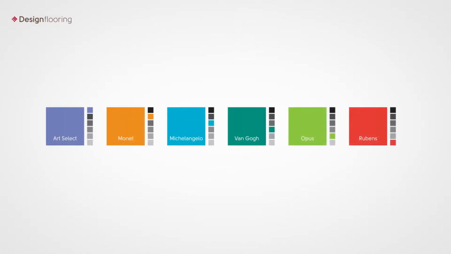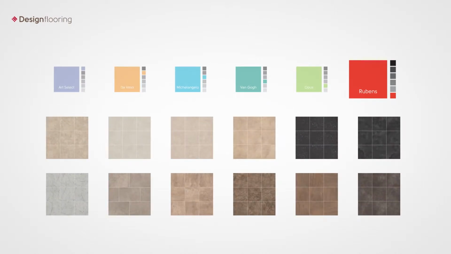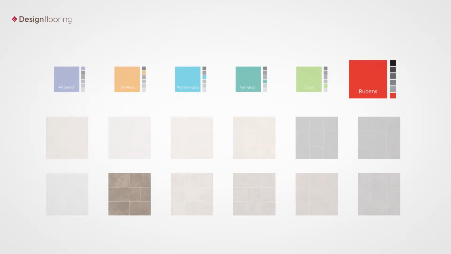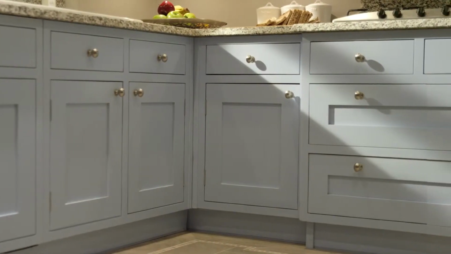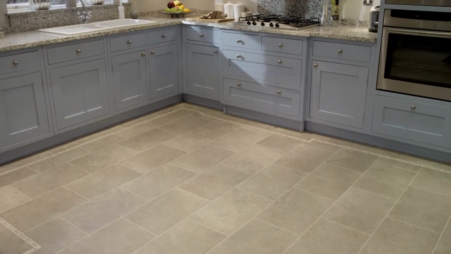Next, we needed to pick our main floor tile for this kitchen, and we decided on a mid-gray. Looking at all the ranges available, we chose Rubens, which has a wide variety of stone options. We decided on Rubens Portland stone because it highlighted the robin's egg blue of the cabinets and the gray and black specks in the countertop. Visually, the rectangular shape helps to make the room look wider.